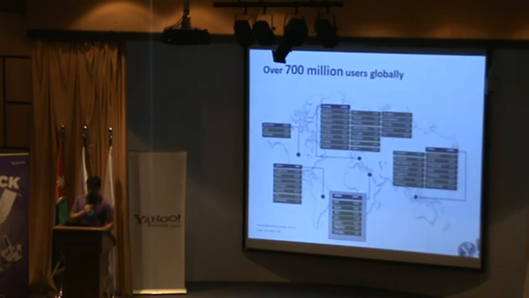So that's the opportunity. If we look at Yahoo overall, we have around 700 million users worldwide. In the MENA region, we have 52 million users. This is interesting because the MENA region population is close to the population of the